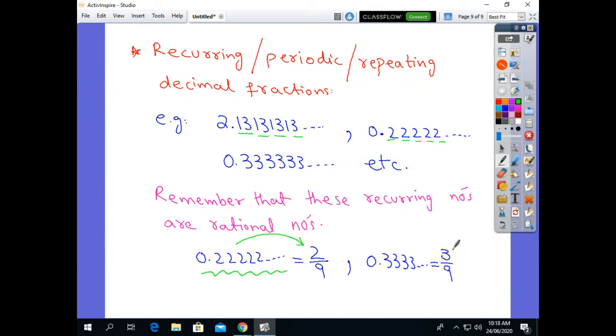After cancelling, we get 1 by 3. If we divide 1 by 3, we get 0.3333 and so on. Therefore, all the recurring, periodic or repeating numbers are rational numbers. Otherwise, if the numbers are not repeated,